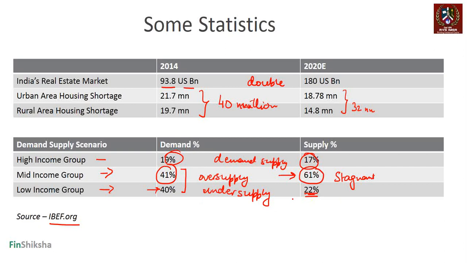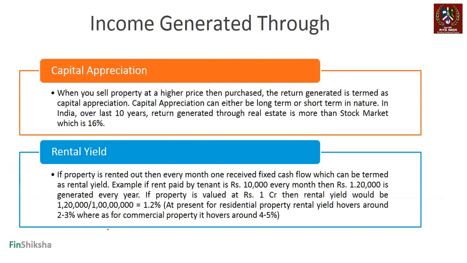Essentially, if someone was willing to make houses for the low income group, there should be an absolutely ready demand for this segment, right? On the contrary, if you're going to make houses for the mid income or higher income group, the demand is not so readily available. When you look around yourself at who the major real estate players in India today are, most of them are catering towards this segment, the top two. Whereas ideally, it makes complete business sense to cater to the low income group segment in terms of demand supply scenario or economics, right? Now, how do you generate income in terms of real estate?